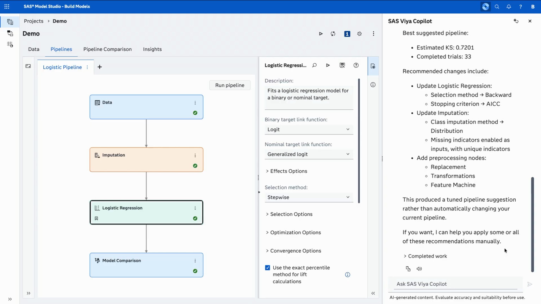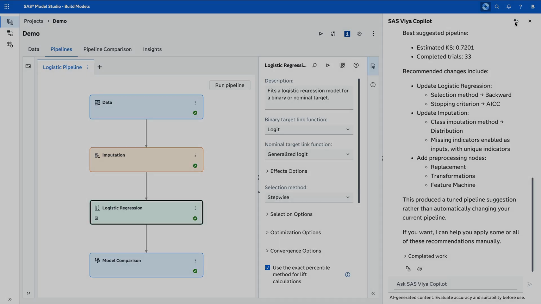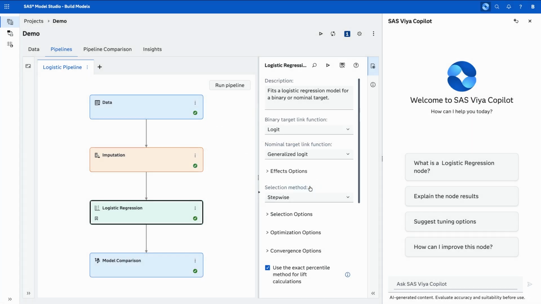Okay, so we've seen building a pipeline, and how we can make that quicker. We've now seen the ability to actually refine the pipeline, whether that's on a single node, trying what-ifs, but also over the entire flow or the entire pipeline, what can Copilot show me? So the last thing I want to show here is actually the ability to ask specific questions about the results inside of this pipeline. So I'm going to go ahead and clear this all out because I don't want to work with those results.